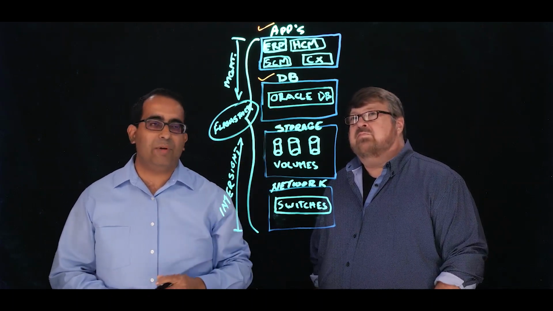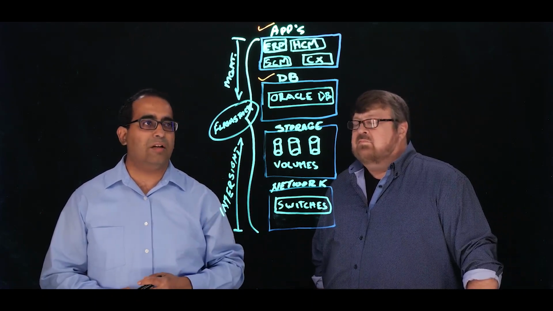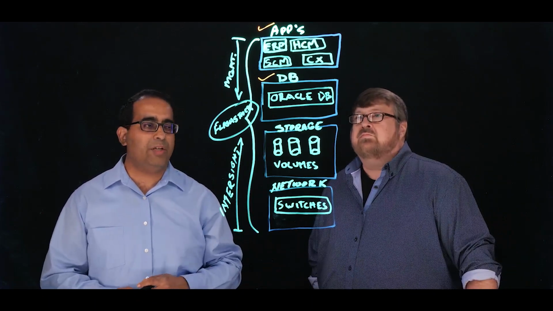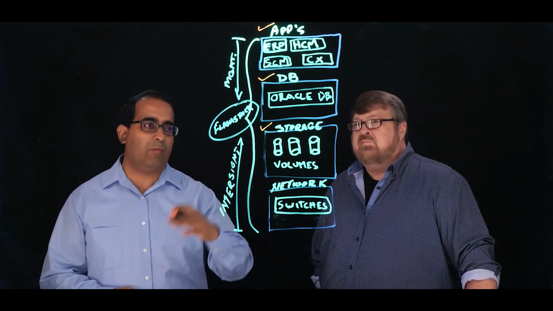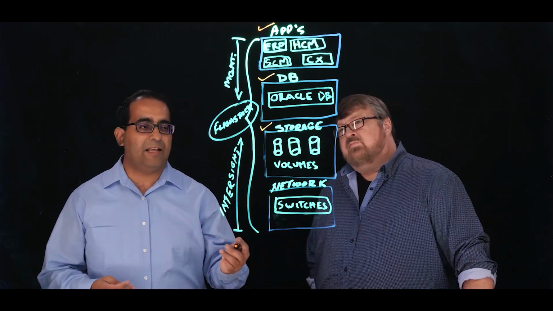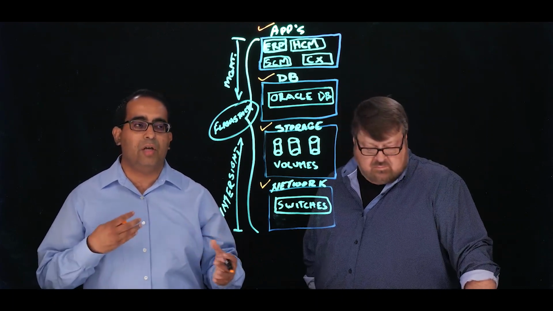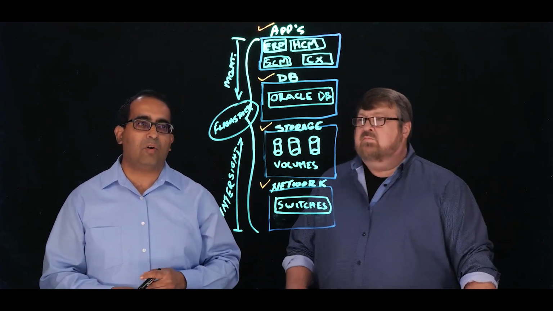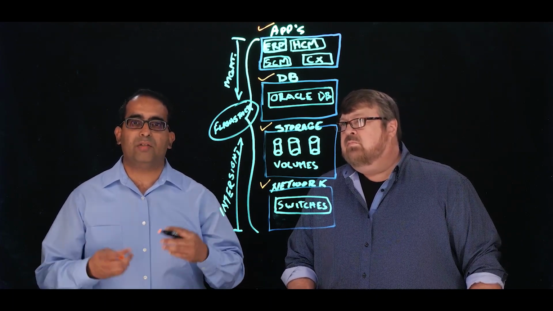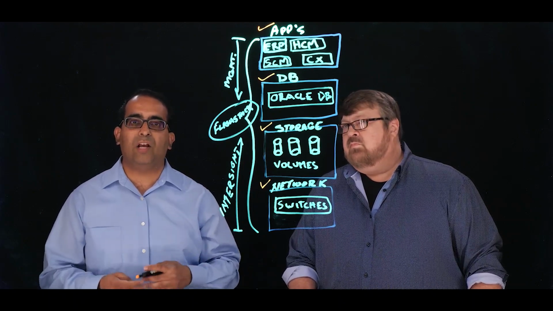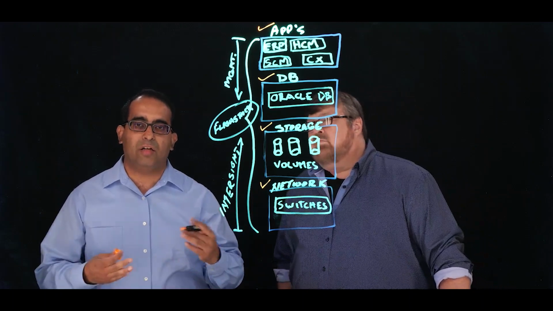Certainly then you have your database layer that is supporting these applications, and typically it'll be like an Oracle database, given that we're talking about an Oracle environment. And then you have the storage system that's supporting the database with different volumes. And then lastly, you will have your network layer, and typically you'll have some kind of distribution switches that are connecting and providing that network connectivity. So what we are going to be talking about in this video is Pure FlashStack, a hybrid cloud infrastructure platform that can actually support all of these different layers in an Oracle environment.